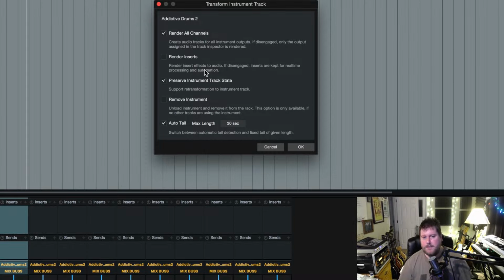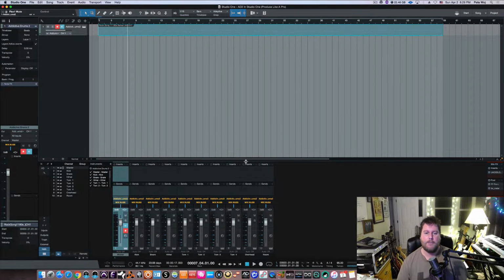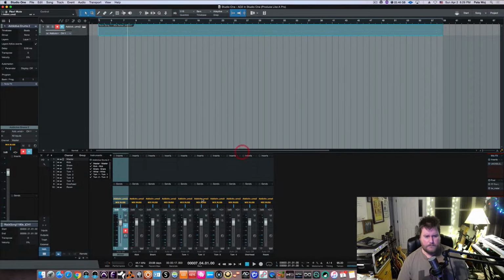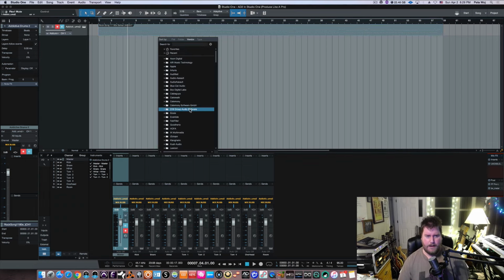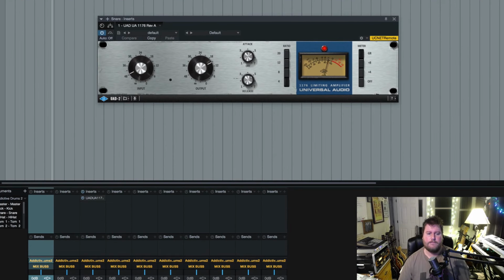Now, render inserts is an option you could have, and when this becomes useful is, for example, let's say I come to the snare and I want to throw a little compression on it. So I've got my UAD folder open. So if I throw something like an 1176 on here and I wanted to compress it a little bit, I could certainly do that. Now, I haven't set it up, but my point is that we can dial in our drum sounds before we